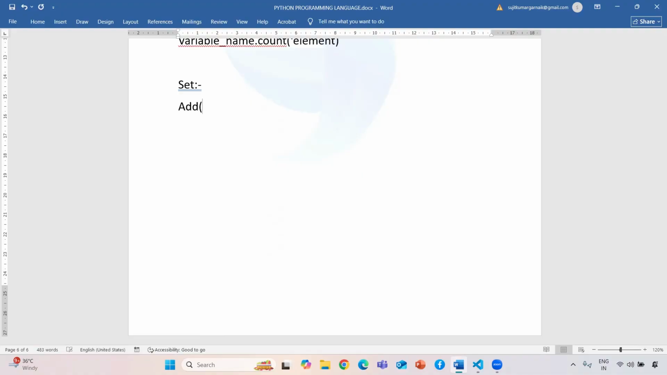The first one, for adding an element in our set, the first method will be the add method. So what is the use of this add, guys? This method is used to add a single element in a random position. Why am I saying a random position? Because we know that set is unordered, meaning we cannot guess that particular index position. That's why this method is used to add a single element